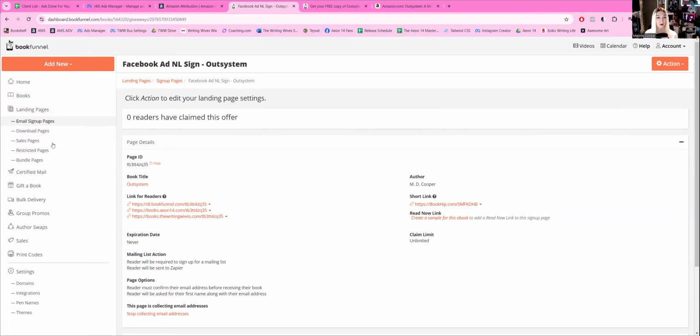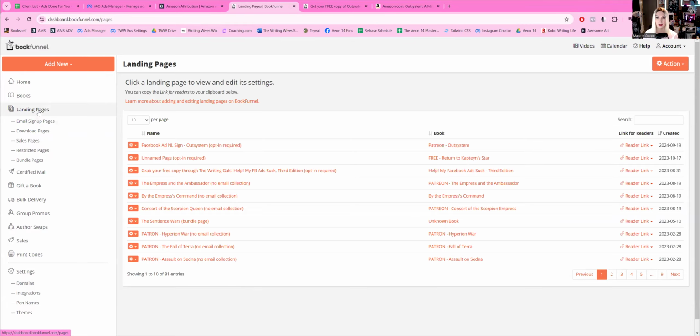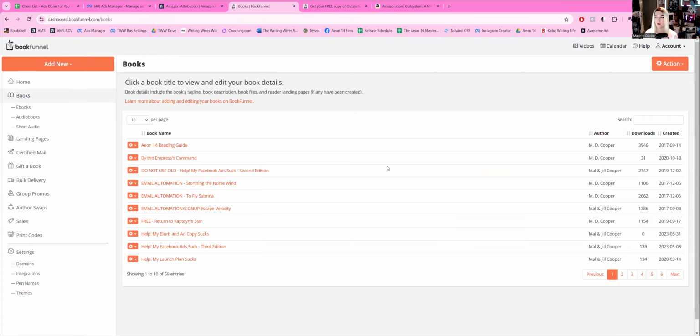And then after people have engaged with these, you'll actually be able to look up, I guess it's under books. You can actually look at your claims for each book, and you can see reports on, in the last month, for all time, all sorts of things like that. And you can see how often a given book has been claimed. And from there, anything you do with these email addresses you're collecting for BookFunnel will be done in your mail software. So you're just going to, of course, go into MailChimp, MailerLite, Wix, Email Octopus, whatever you're using, and set up